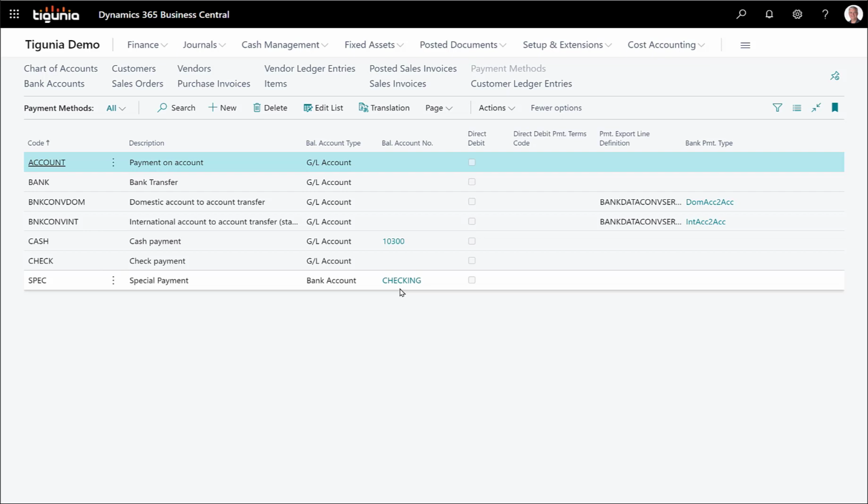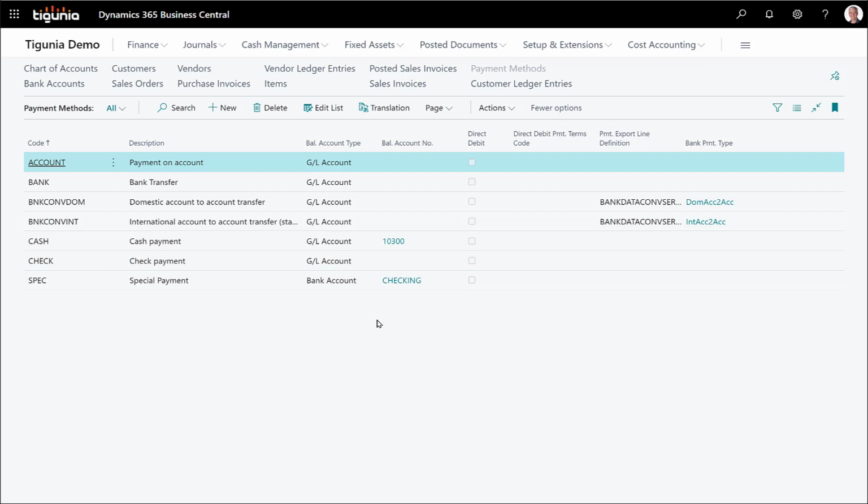As long as there's something in these balance account numbers, like these two have, then whenever you post sales invoices or purchase invoices, the system will automatically clear those receivables or payables with a payment document to that specific GL account or bank account,